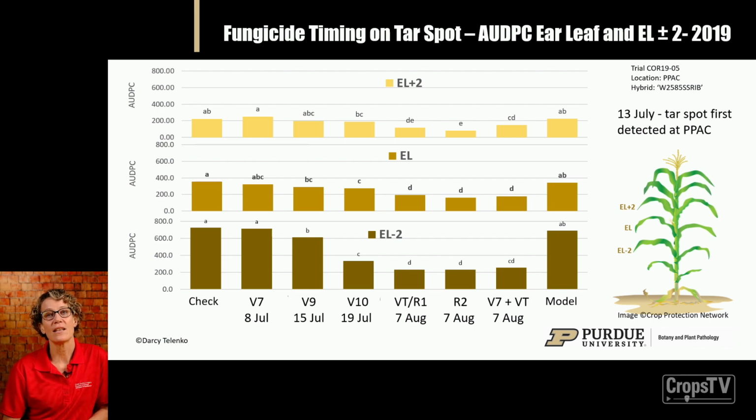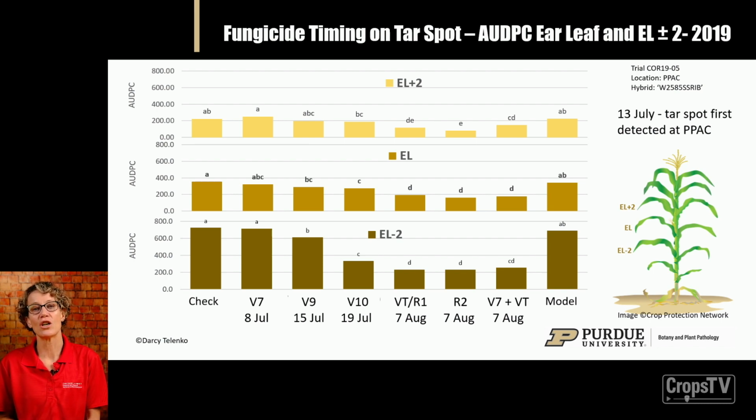You'll see that this is the 2019 trial, and so the disease was detected on the 13th of July in this trial. The model that you see on the far right refers to the tar spotter model, and that was never activated in 2019. So we never got the right conditions for that tar spotter model to be able to tell Darcy to go ahead and spray. So if we look at the data, we have all the way from V7, V9, V10,